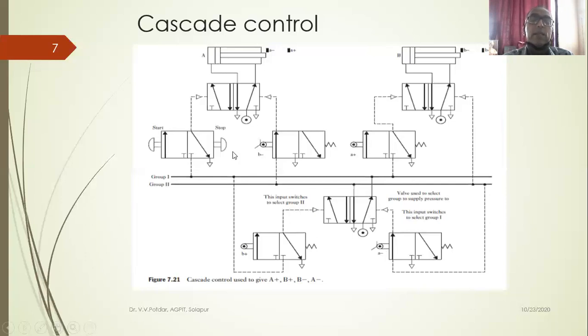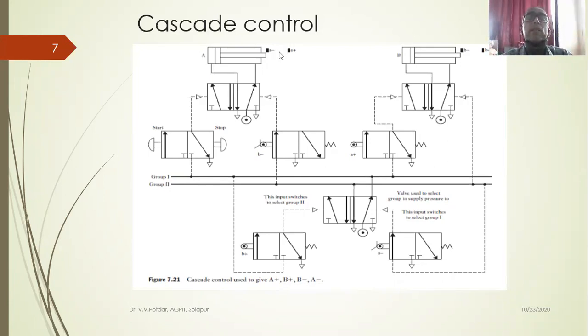So what is the difference? See, what is my requirement? I want sequential control. So once cylinder A is extended, we saw the application. Let us say an automated drilling operation. Unless and until the job is fixed in the jaw sets on the table, cylinder A will fix the job, and once it is fixed, thereafter the spindle should move down to do the drilling operation. The spindle is, let us say, hydraulically or pneumatically operated. Thereafter, cylinder B will start extending and will do the drilling operation, and thereafter the clamp will be relieved, maybe B minus and then A minus. So like that, there are many applications.